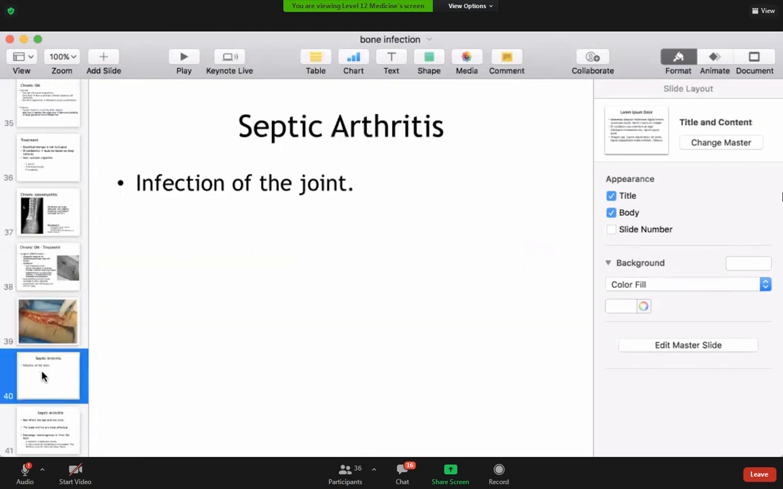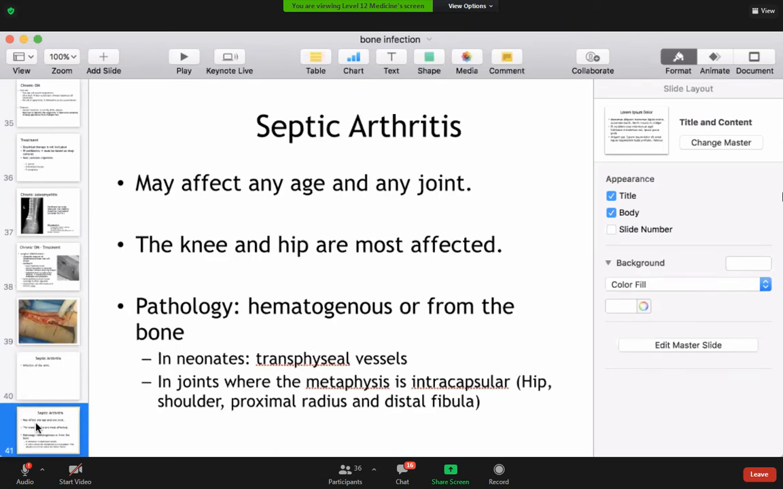Septic arthritis is infection of the joint. Can affect any age, any joint. Knee and hip are most commonly affected. Transmitted by blood or from bone. It's very important to understand